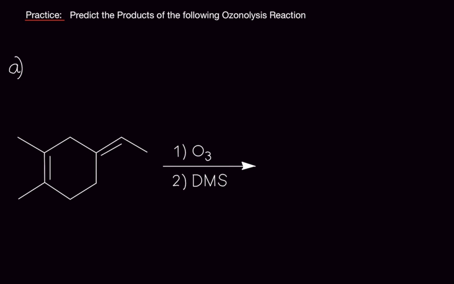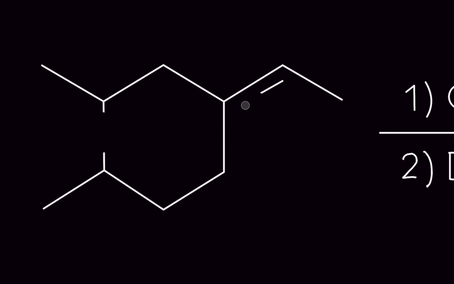Okay, predict the products of the following ozonolysis reactions. We have this, and then our reagents here. So anywhere you see an alkene, you will do this. Not just one, not just two, not just three. You do all of them, depending on what's stated. So here, you erase this. I'm just going to show for this one, but erase this, erase this, erase this, and then add our oxygens